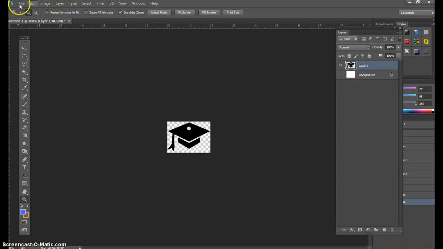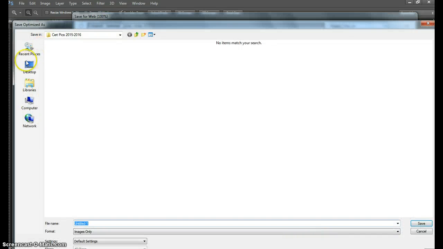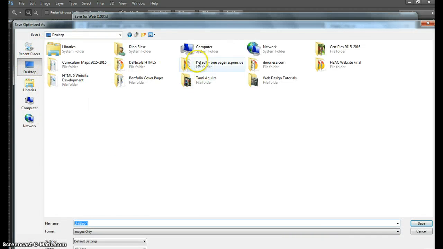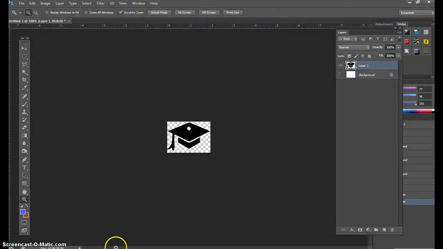So we'll go into here, File, Save for Web. I'm going to save this thing as a PNG file. I'm going to save it. I'm going to go to the desktop. I'm going to put it in my one-page default responsive images section. I'm going to call it Honor Society, with a dash: Honor-Society. Save. For SEO purposes, you need to name your files these days exactly the way it will be, because when you go up into the file tree, it's going to say